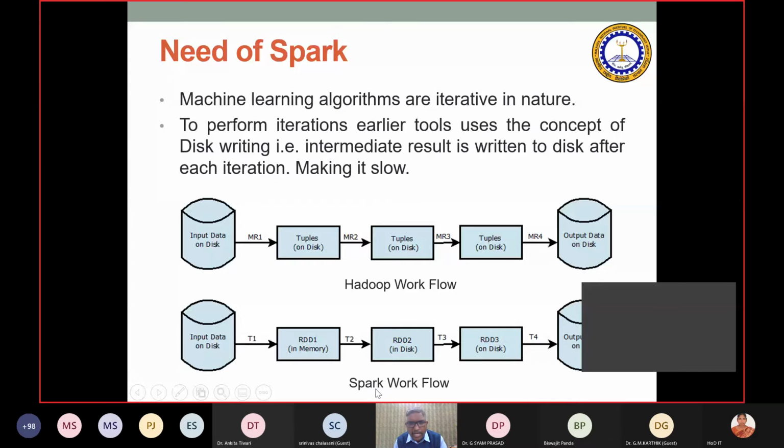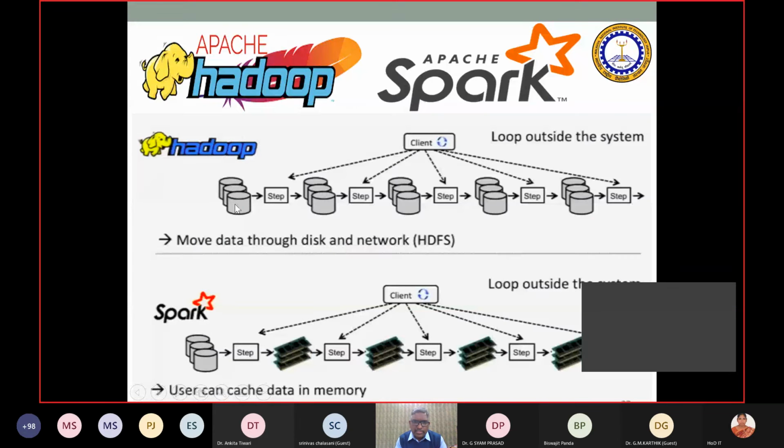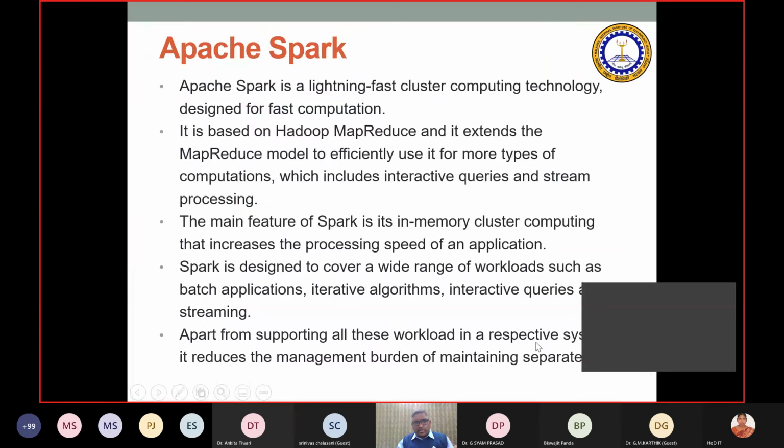But in the case of Spark, some of these tasks are done in memory, right? So that is the time saving. The difference is shown like this. Each time the data is fetched, the map or reduce is done and stored, then the next map and reduce is done, then this map and reduce is done. But here it is stored in memory itself. So of course, to run good Spark programs you need a huge memory, but you don't need a storage mechanism. That is something which can be easily looked at, right?